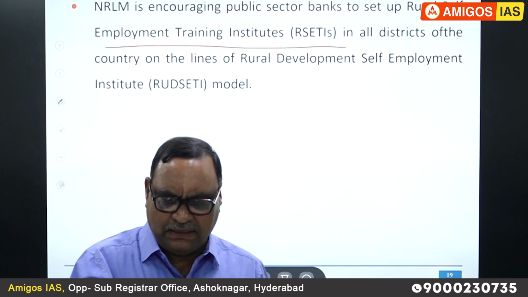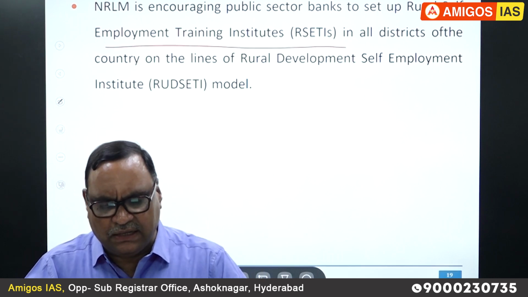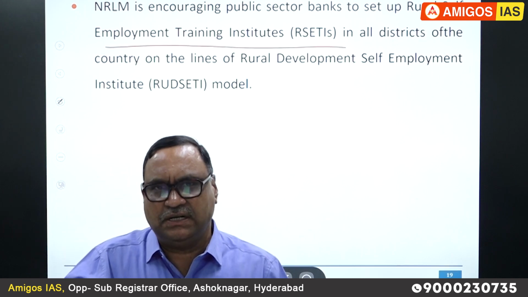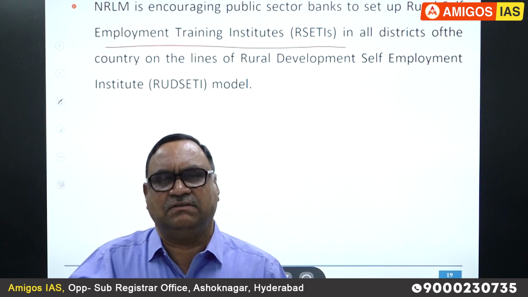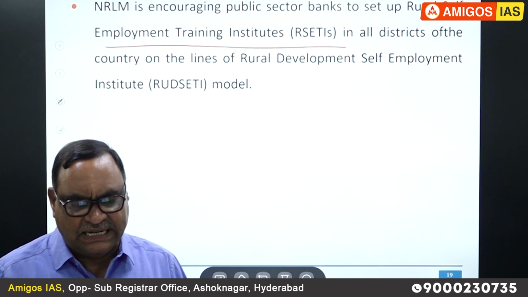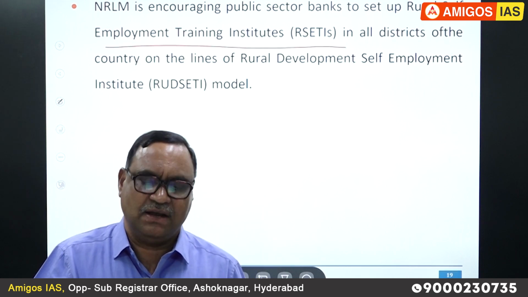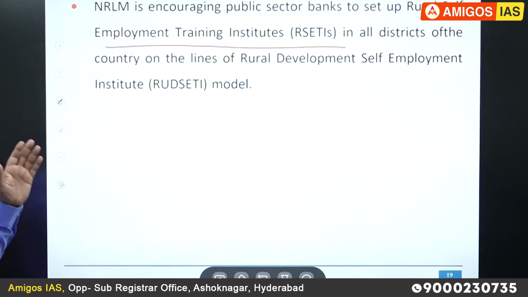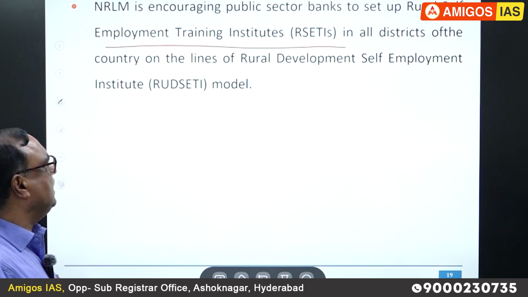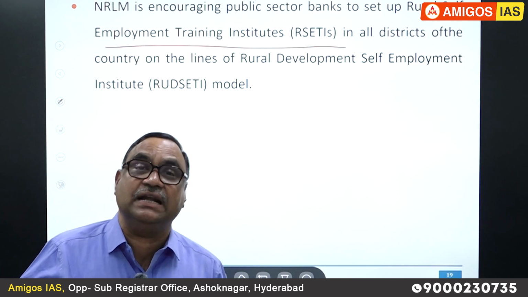In fact, under NRLM, rural self-employment training institutes are established in almost all the districts to provide vocational skills for the rural youth. And whatever grants are required for the establishment of these institutes are drawn from the public sector banks. So that is why the Government of India, through NRLM, is encouraging public sector banks to set up rural self-employment training institutes in all districts, and those who are trained in these institutions